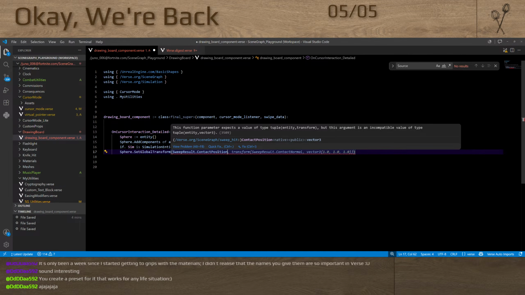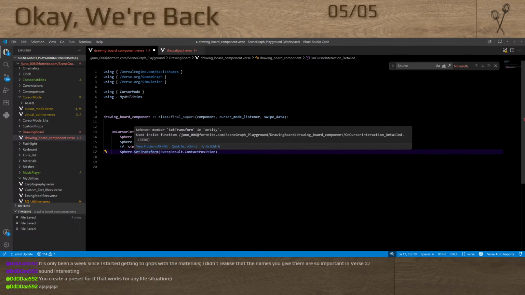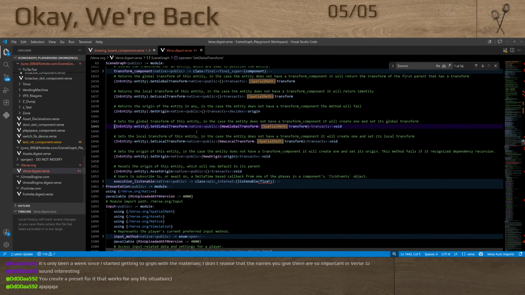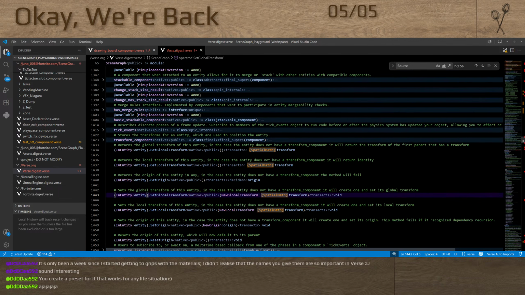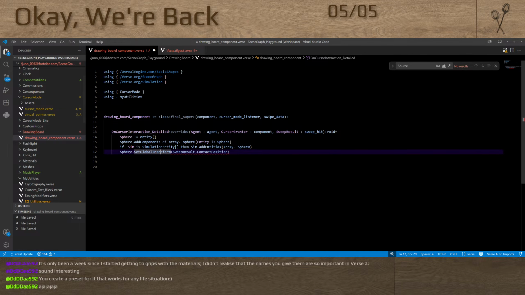I think I'm gonna make a function too, because set position, right? Let's see. Like the set global transform, it's to help do the thing, right? But the transform component has this as a variable, right? So I should be able to do